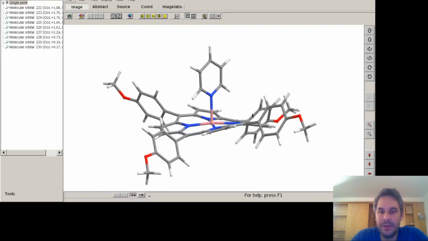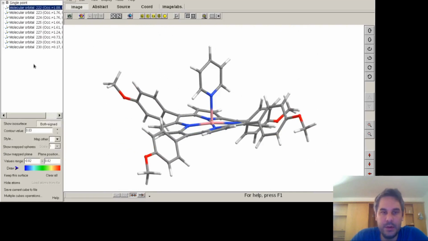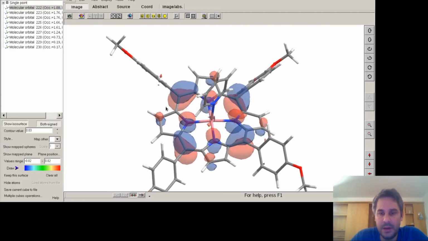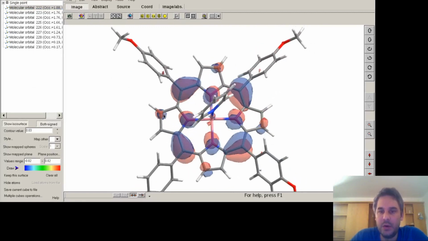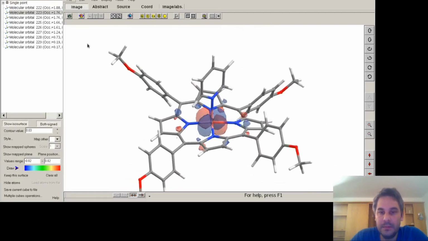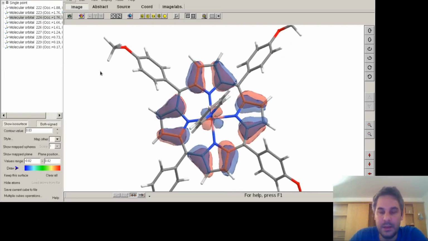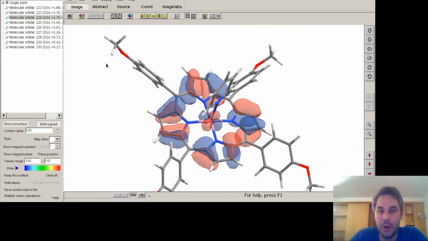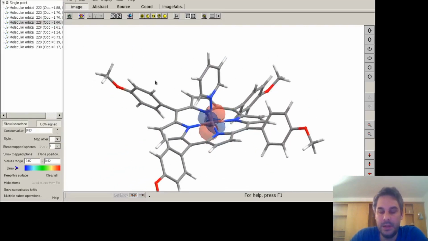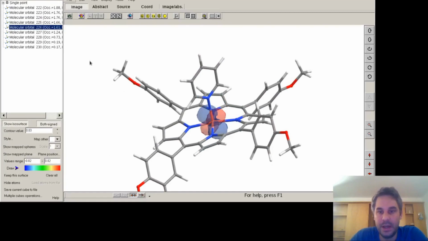Okay, so the render is finished. So I look at the orbitals, and this is the HOMO-1 orbital. Then I have the XY orbital, purely metal based. Then this is the HOMO orbital, which has an admixture with the XY orbital. This is the XZ orbital, YZ,